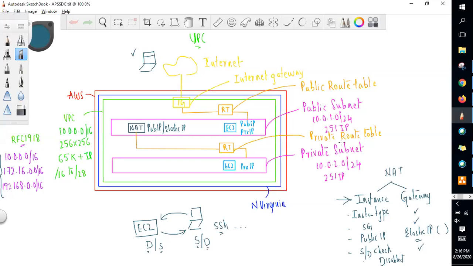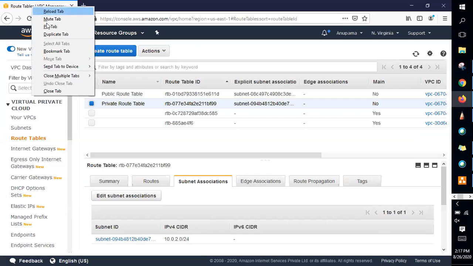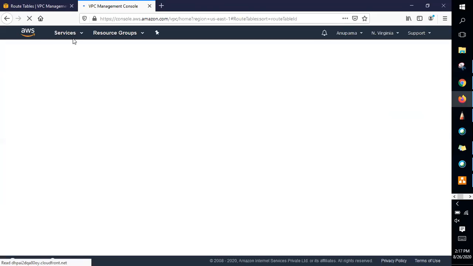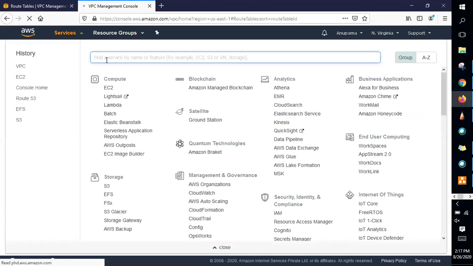Now what I would do, I would create EC2 instances in two different subnets. One instance in the public subnet and another instance in the private subnet. So for that, let me duplicate the tab. Under the services, just go to EC2.